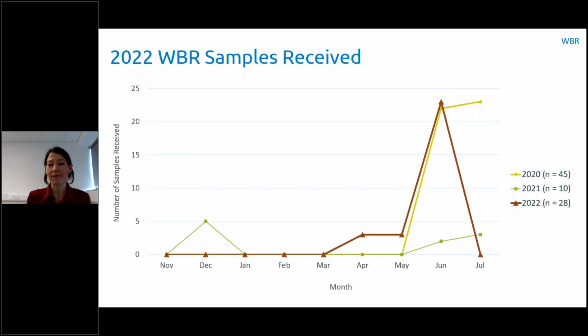But if we have a look at 2022, which is now in the dark brown colour, you can see that it had a shift again, very much like the yellow rust. July was no longer our busiest month. In fact, I didn't even receive any brown rust samples in July. June was my busiest month for brown rust samples. And we even received some samples in May and April, which we don't usually see in those 2 months for brown rust. So it mirrored what happened in the yellow rust epidemics.